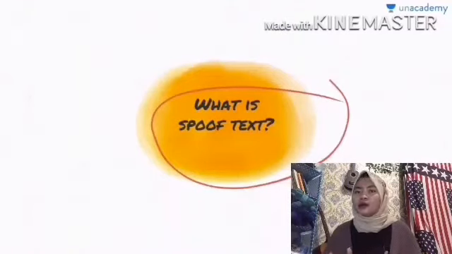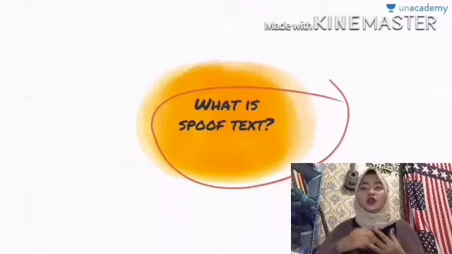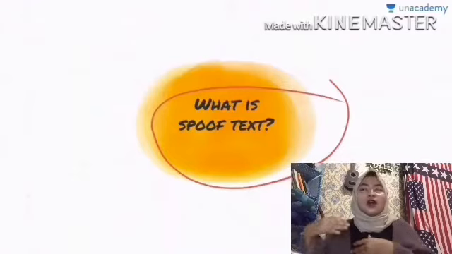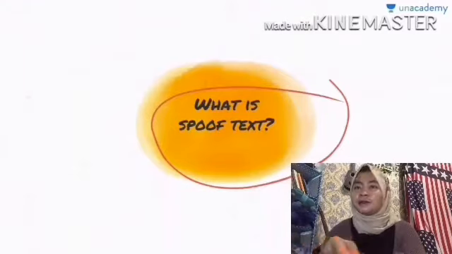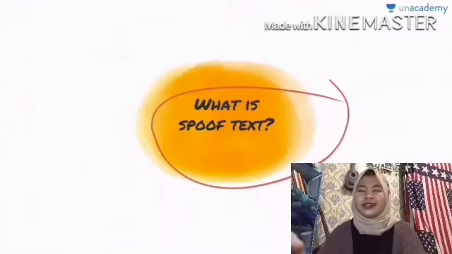Yes, of course. First, I want to tell you what spoof text is. Spoof text is a text which tells an event of the past with an unexpected and funny ending. So, it entertains the readers with a funny story. Now, are you able to understand? That means this type looks like a comedy, but the ending is going to be unexpected.